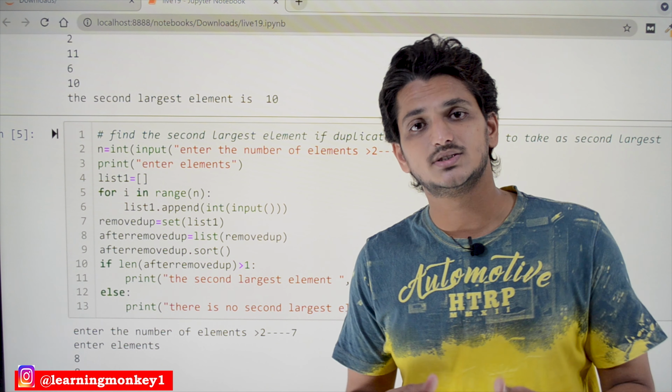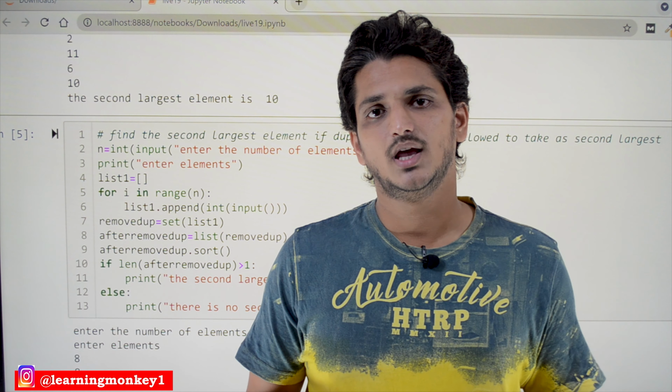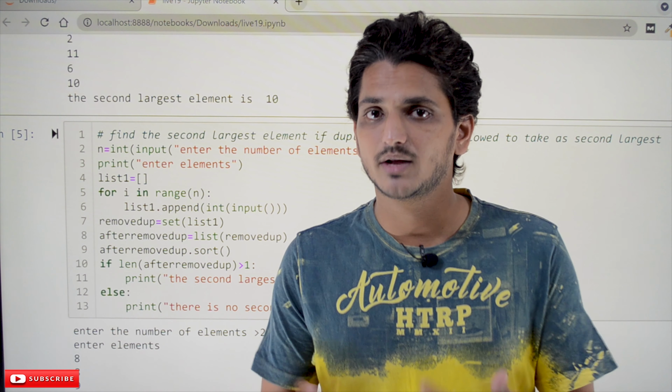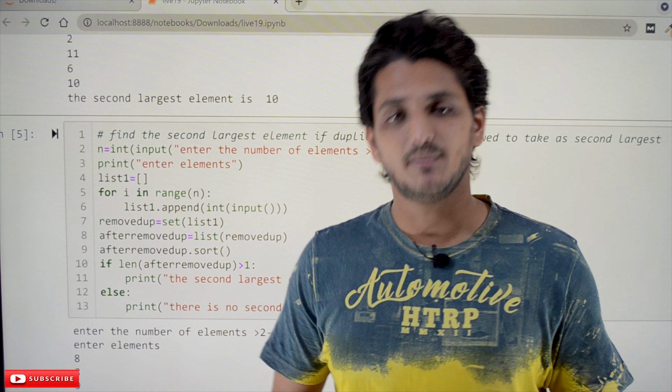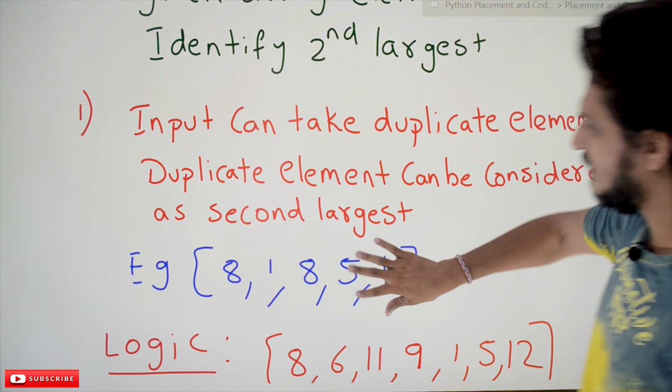Coming to the logic without using the inbuilt methods, it's a little bit difficult, and we will explain the first case. You try to do the second case on your own. That is what you have to do for better practice. Coming to the solution, to the logic part, let's take an example and understand what logic we are applying here. This is the logic which we considered. You can write it in a different way also.